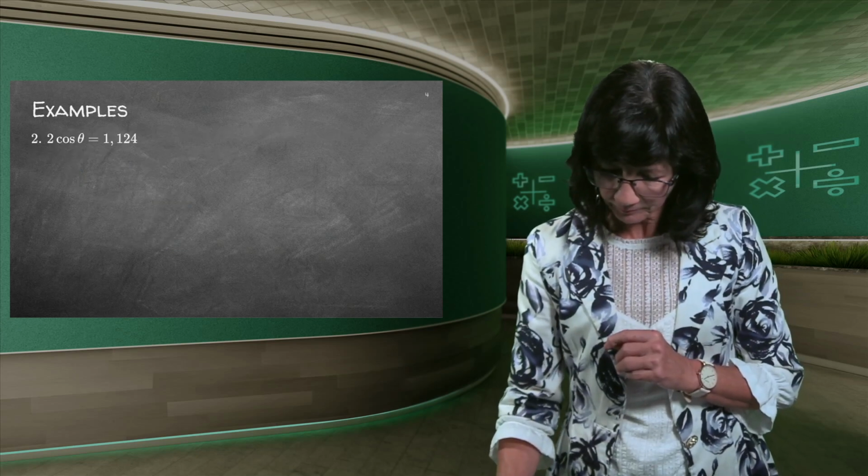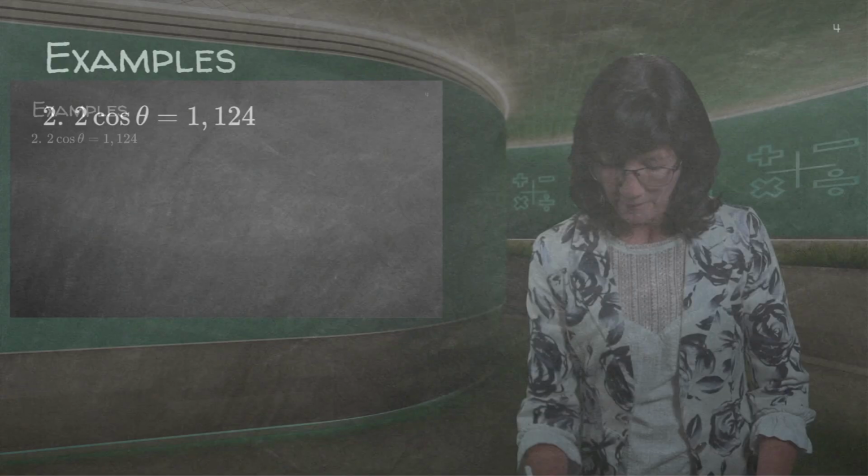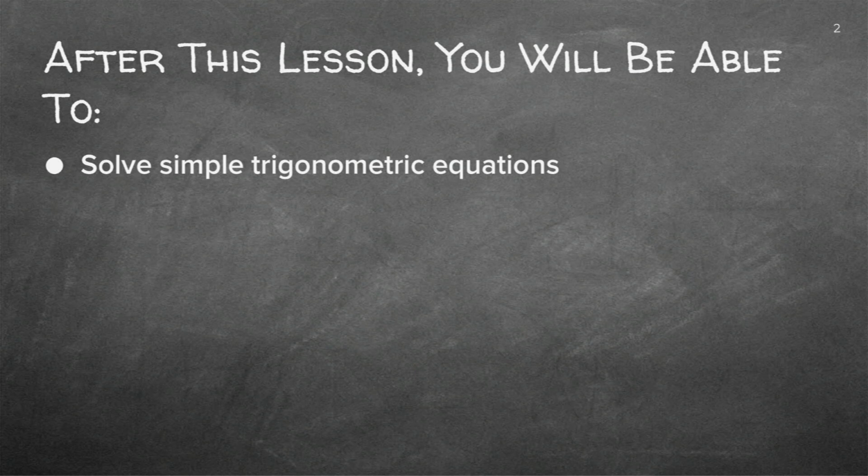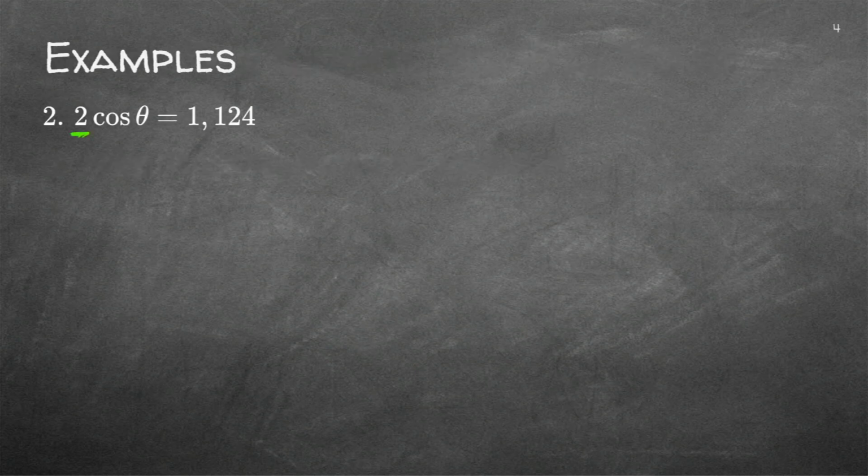Good. Let's do this example. There's a 2 in my way. I do not want that 2. So I divide by 2 on both sides. And then I just have cos theta is equal to 0.562. You know what I'm going to do? You actually don't even have to do that. The less you use your calculator, the better. So I'm going to leave it